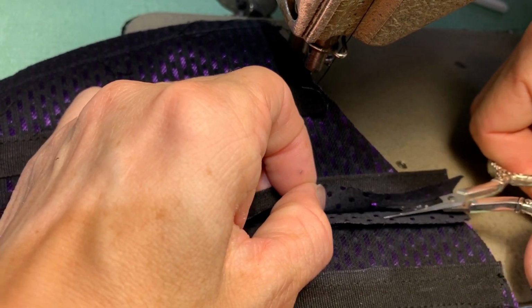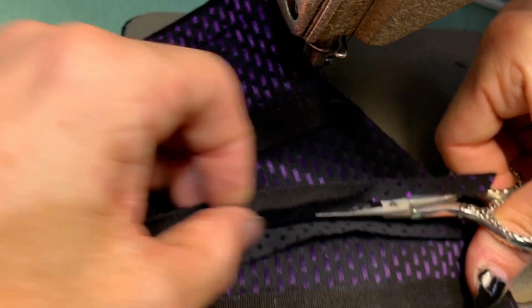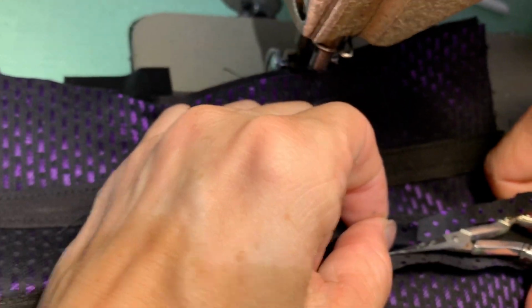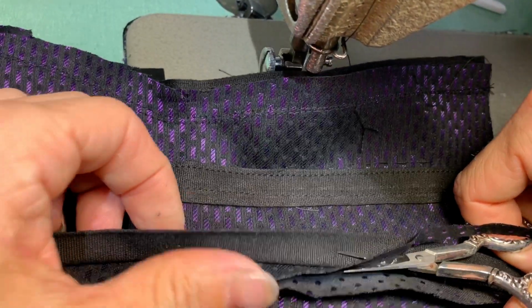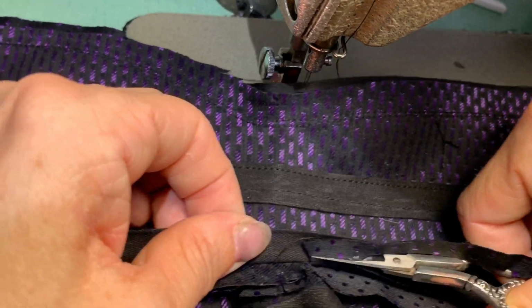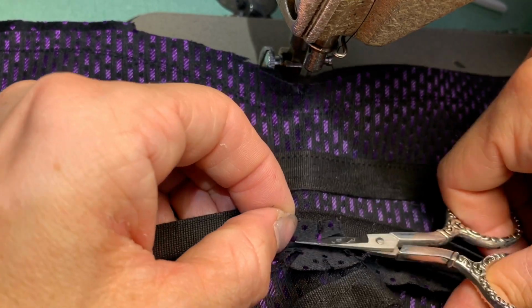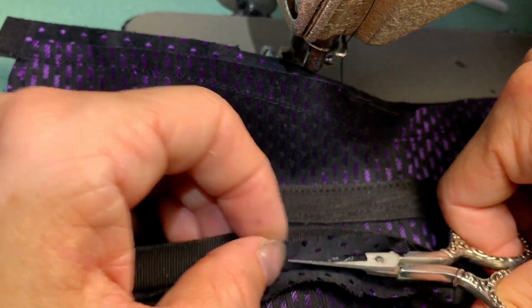Very, very carefully grade out some of the extra bulk on only one of the pieces of the seam allowances. The top stitch was able to catch the first layer of it. We just want to take out a little bit of the extra bulk. Be very careful you don't cut it too short. I would say just the top 3 millimeters would be great. The other side of the seam allowance should probably remain as it is, as long as it doesn't overlap the